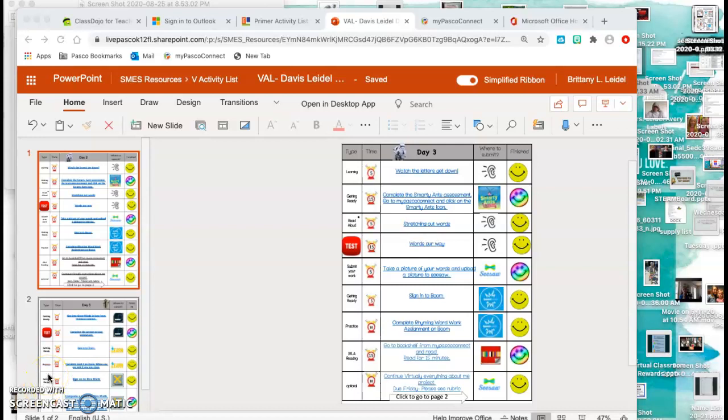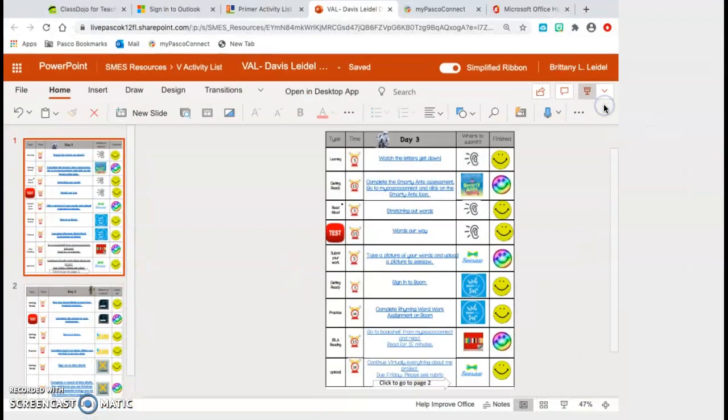Hi, boys and girls. You've learned so many apps that we use in first grade, and it's really important because we use all of them. They're excellent resources, but I'd like to show you one more today. So I'm going to hit my magical button,